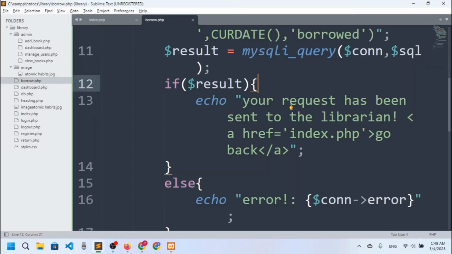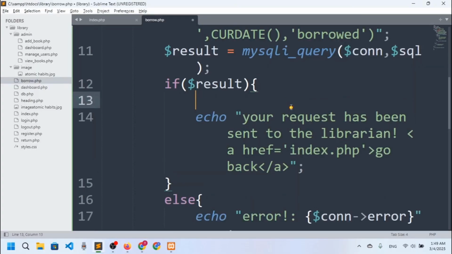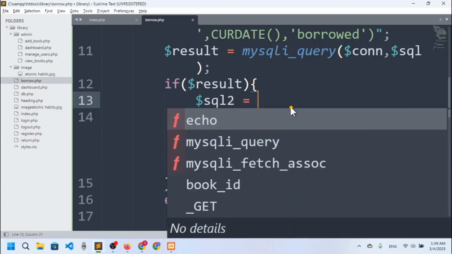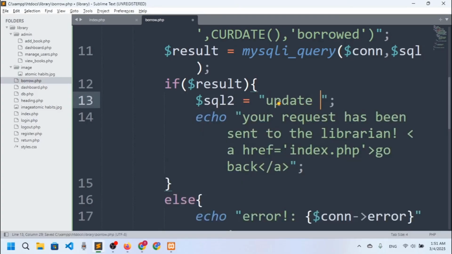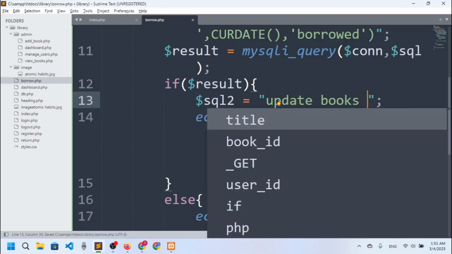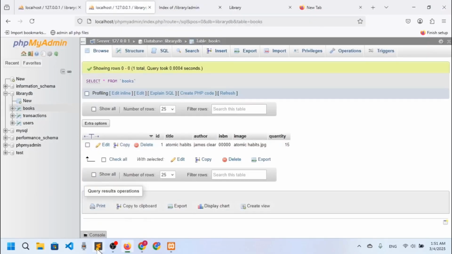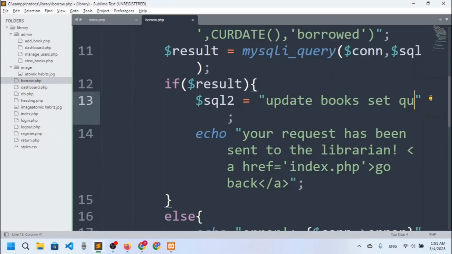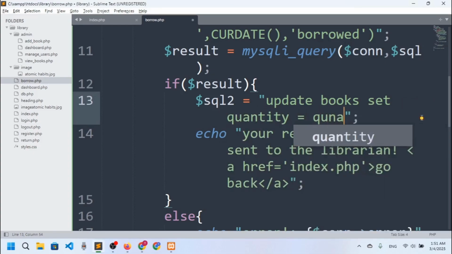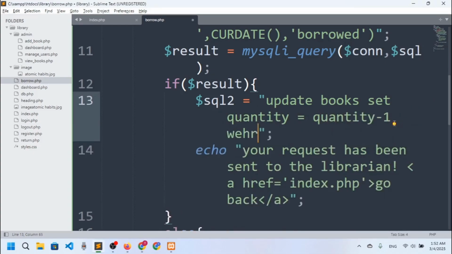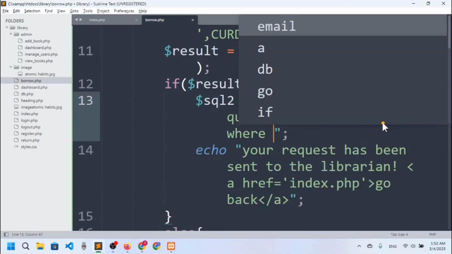So if the result is executed successfully, I will say here SQL 2, and I want to say update books set quantity. The quantity would be set to quantity minus 1, where the book ID